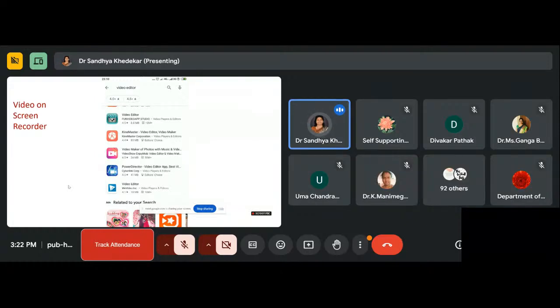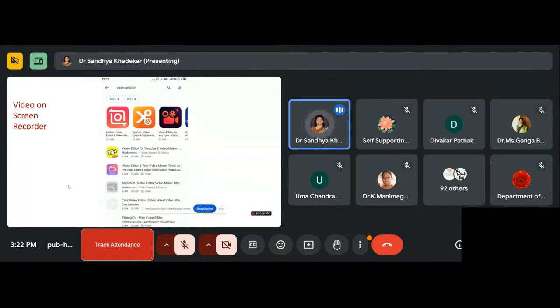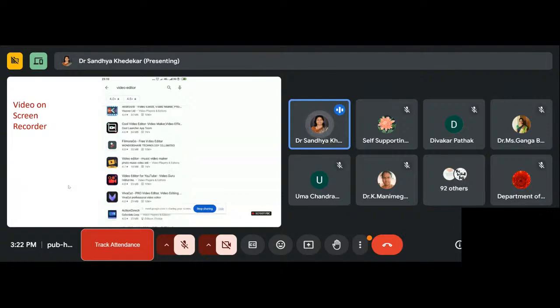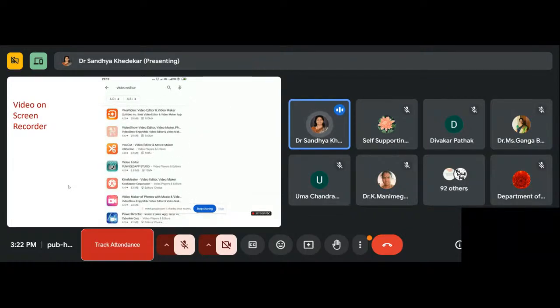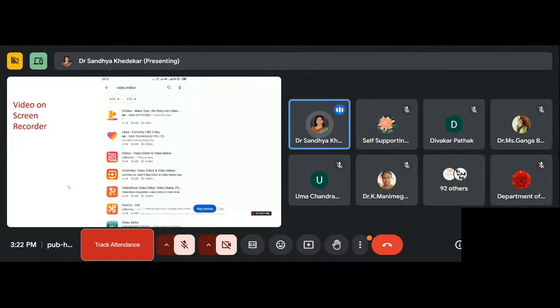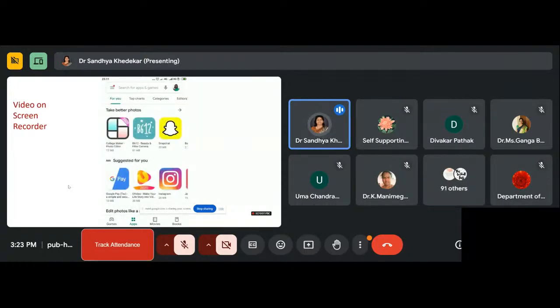So you can download some music, or if you have inbuilt music in your mobile, you can use that. And you can add some photographs also. You can add a PowerPoint presentation. You can have different kinds of features in different tools. So video editor is also available and video recorder is also available. So it is very easy to record your video lecture with help of your mobile. So now we will see some more features.